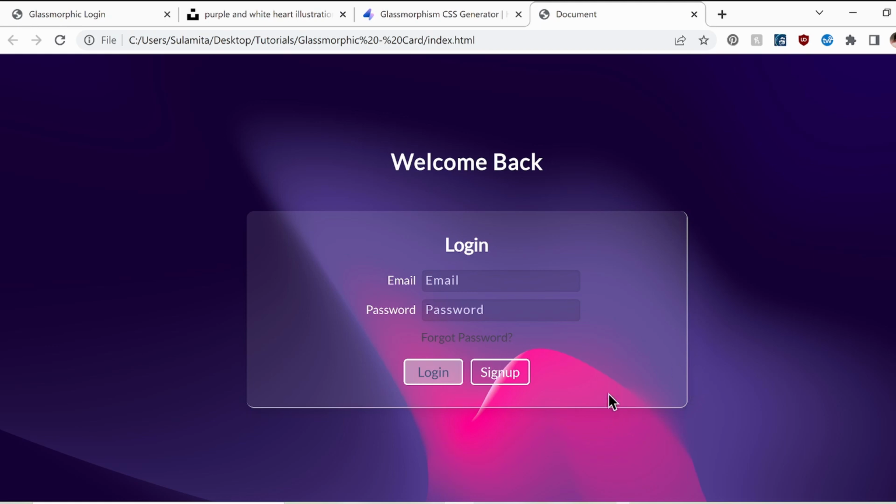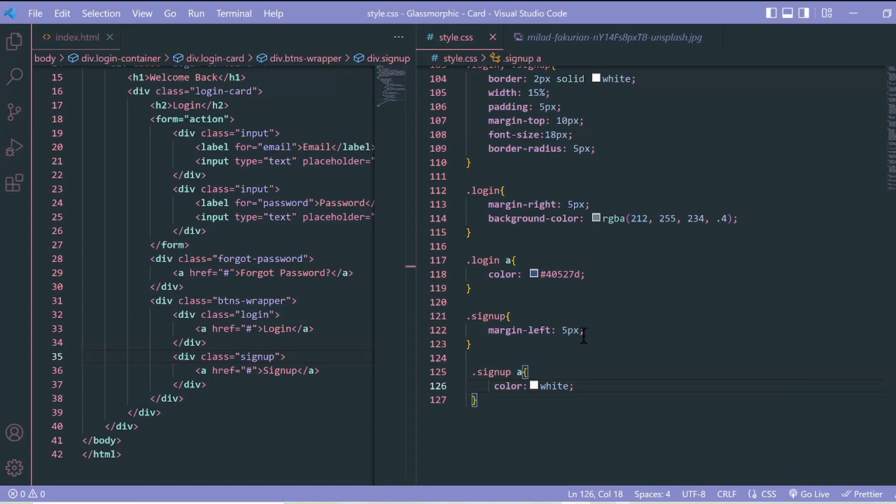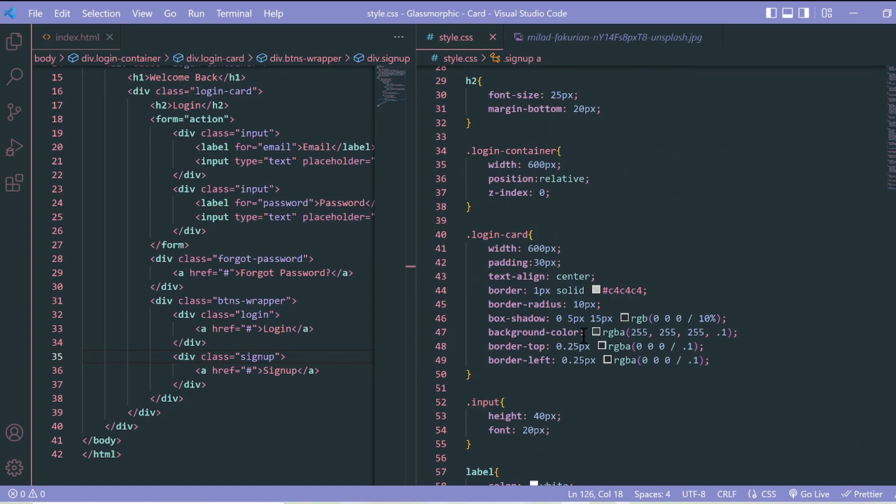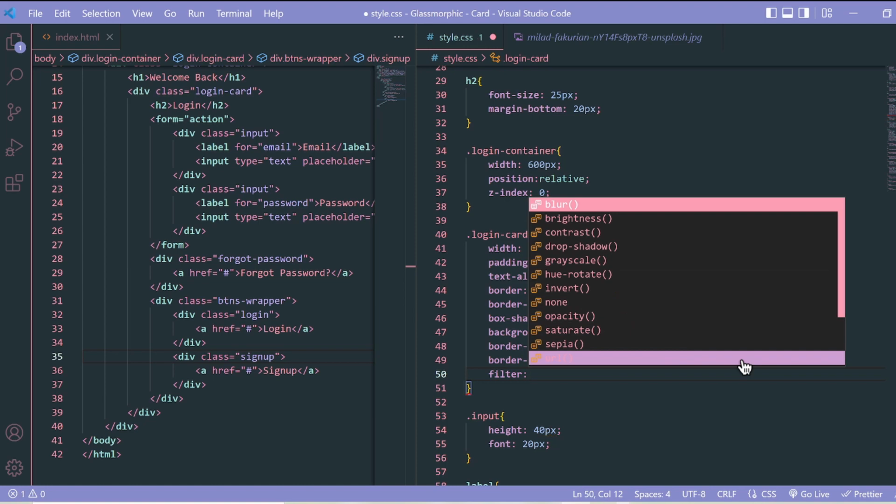And what we could do is also, what a lot of people do is add a filter blur. So it would basically blur like the edges of it over here. It looks like there's already kind of a blur, but I think that's already part of the image. Let's go ahead and add that. And where it would have to be is the login card. So it would be right here. So we will write filter blur,